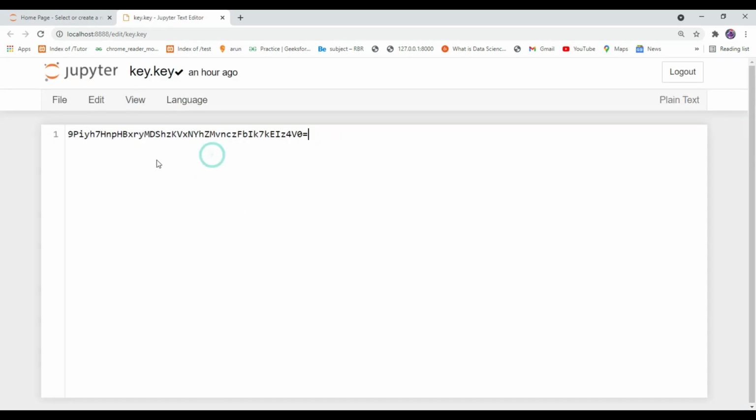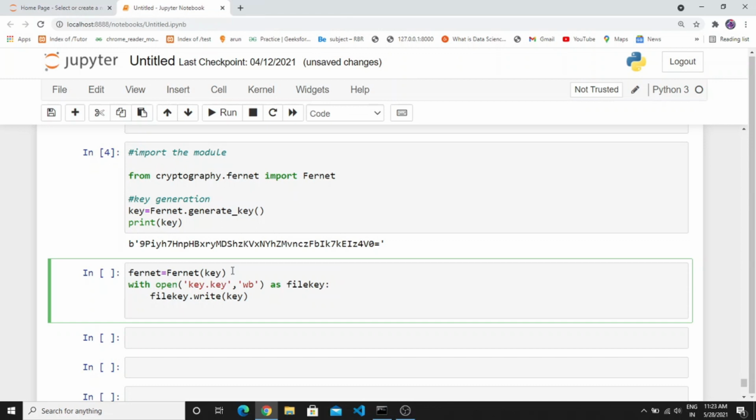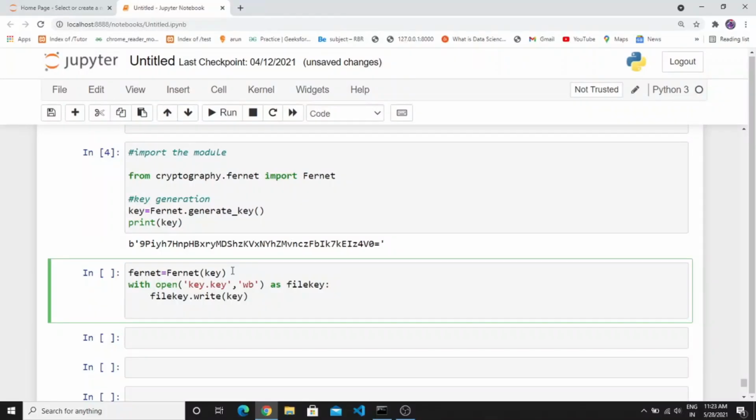Okay, before moving to the next process, I want to explain one thing to you, because if any beginner watches this video, you may ask me questions like, what is WB? So let me explain this more clearly. WB means you are writing something in your file, and for the read operation you have to use RB instead of WB. So these commands are needed when we are doing file handling operations using Python.